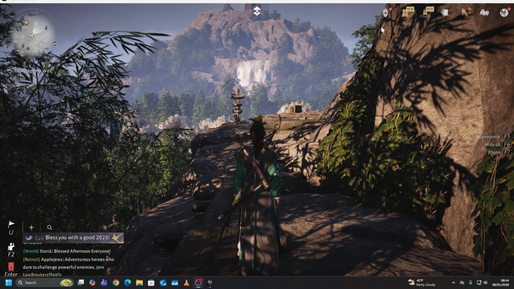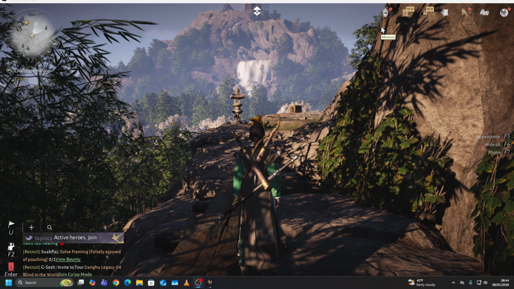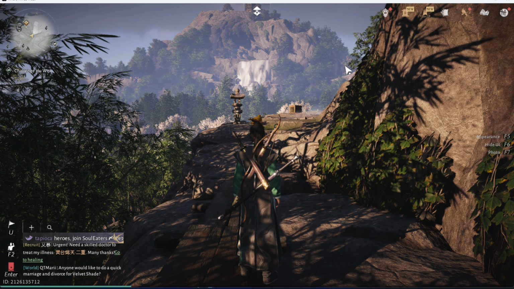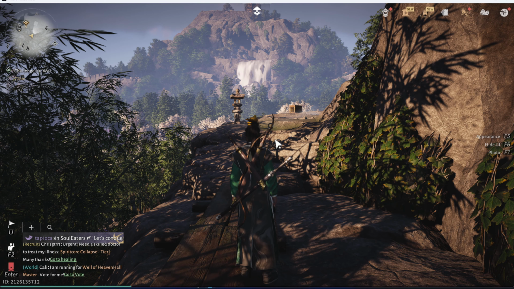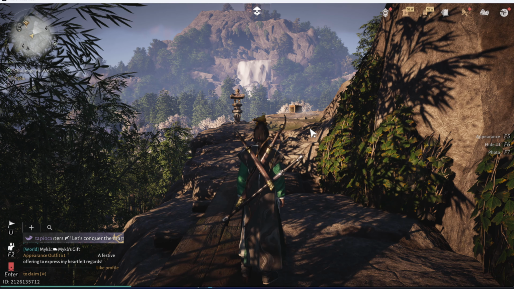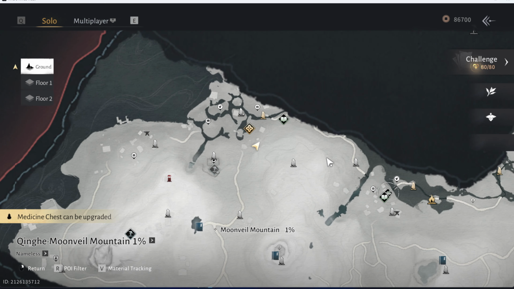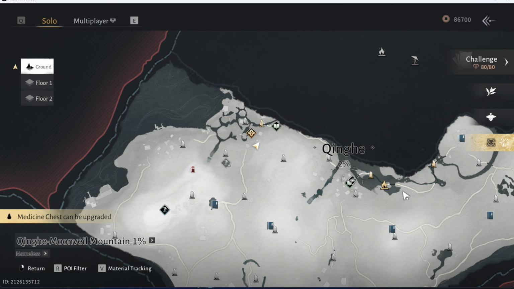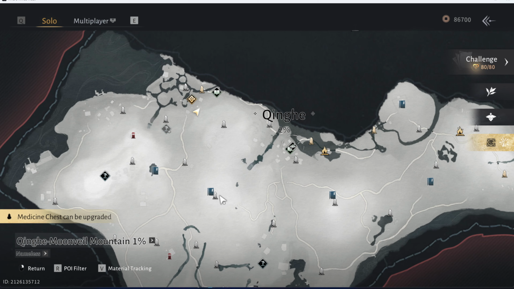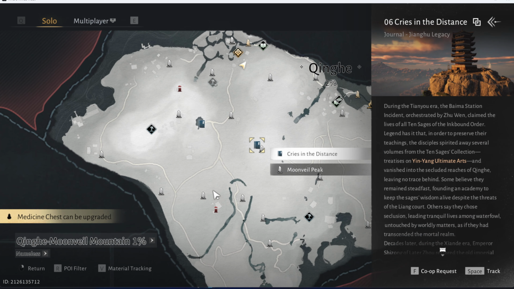So in this video, I'll show you how you can track a quest in Where Winds Meet. Now, you can track a quest in multiple ways. One of them is by simply opening up a map, and then from the map, just look for a quest that you would like to track. So say, for example, you wish to track a lost chapter, you can go ahead and select it like so, and then simply choose track, and that will be the quest you're now tracking so that you can go ahead